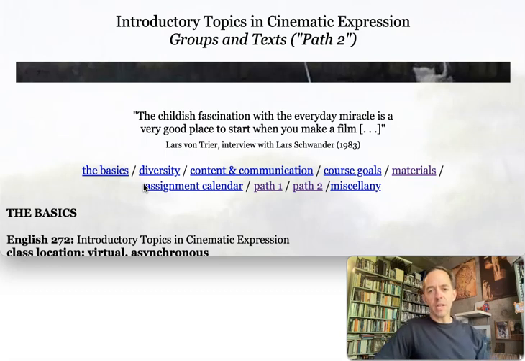So this is intended to be an introduction to cinematic language and a bit of an overview of film history. Now, obviously, trying to provide such an overview in just a few weeks when you're discussing only a few films is a bit of an impossible task. What I have attempted to do is choose roughly one film per decade, though some decades are necessarily skipped.